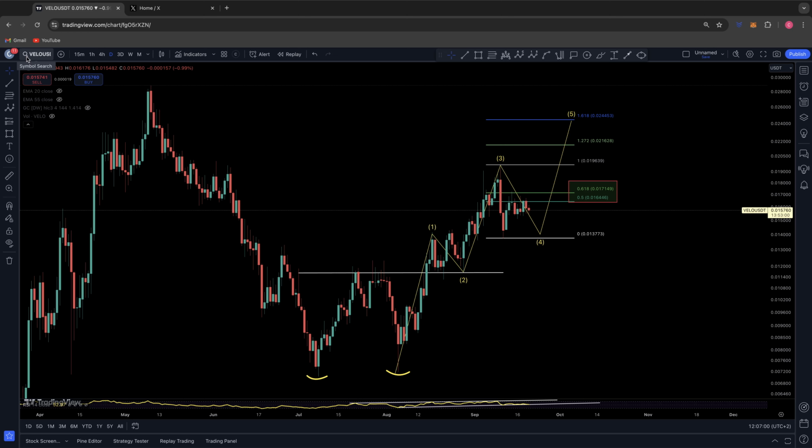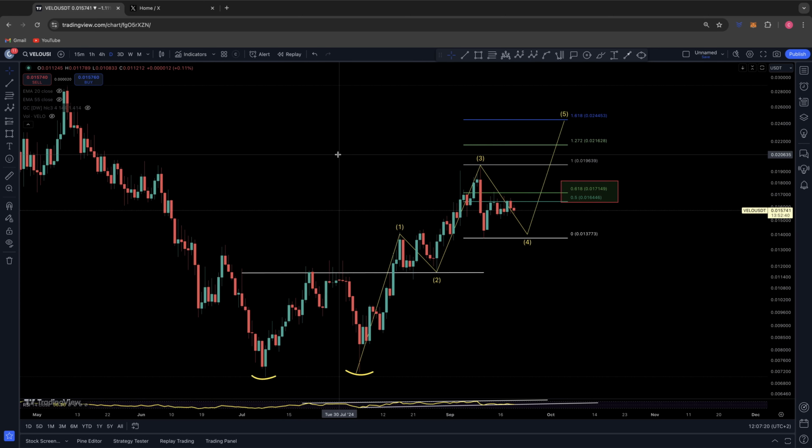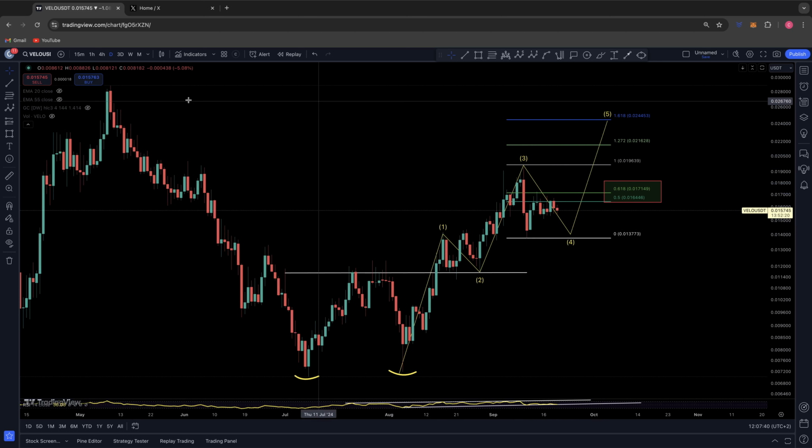Today we will be discussing VELO, the ticker is VELO, against USDT on the daily time frame. So today in this video I'm specifically going to be covering a short to midterm bullish scenario, and right now what I wanted to focus on was a couple of indicators here, or potential Elliott wave theory moves that could be giving the game away for us here, where right now we're just going through a complex wave 4 correction here for VELO before continuing on up to a potential target of 0.024